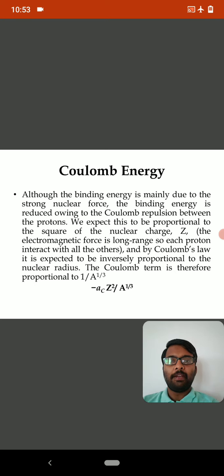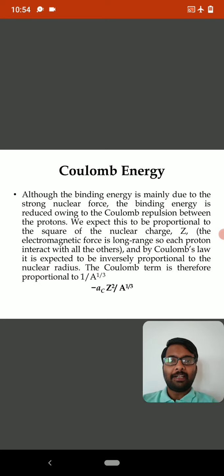The third one is Coulomb energy. We all know that the nucleons, even though there are only positively charged particles and neutral particles, a strong nuclear force is responsible to hold those nucleons within that nucleus. Because of that reason, the binding energy is mainly due to the strong nuclear force. Even though there is a binding energy because of this strong nuclear force, there will be reduction of some amount of binding energy, which is mainly due to the Coulomb repulsion between the protons, because the protons are positively charged particles,